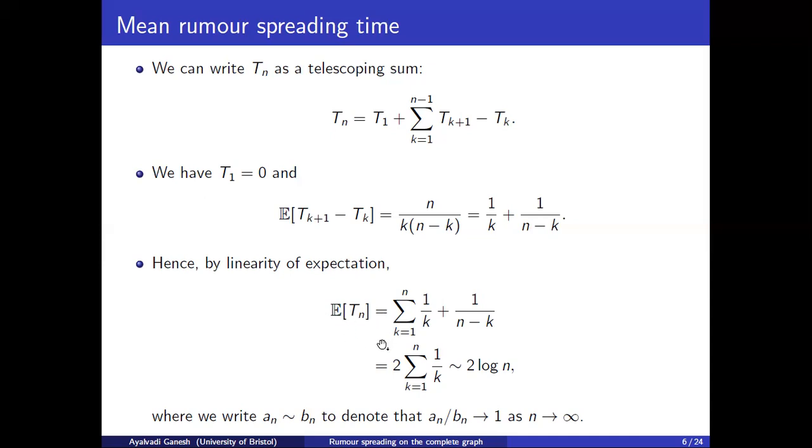To summarize what we have done so far, we introduced a Rumour spreading model on the complete graph. The model was in continuous time and it was built on Poisson processes. Everything happened according to independent Poisson processes. We analyzed the time it takes to spread the Rumour to everyone in the population, starting from a single individual. And we showed that the mean time for everybody to learn the Rumour scales like 2 log n.